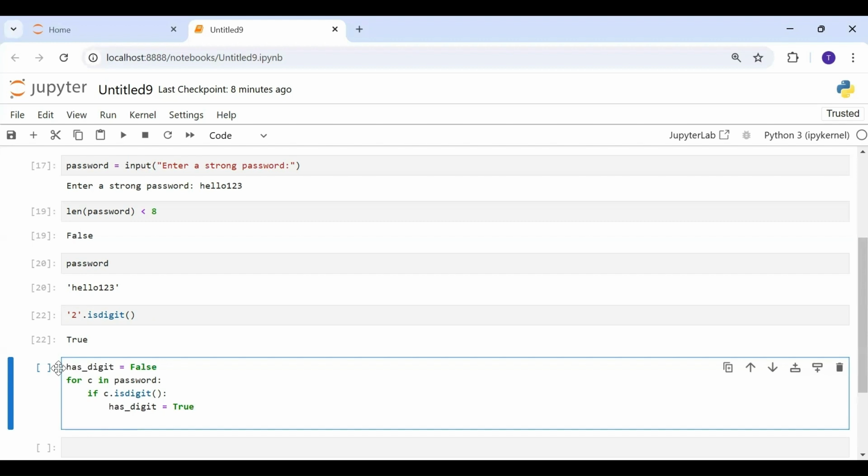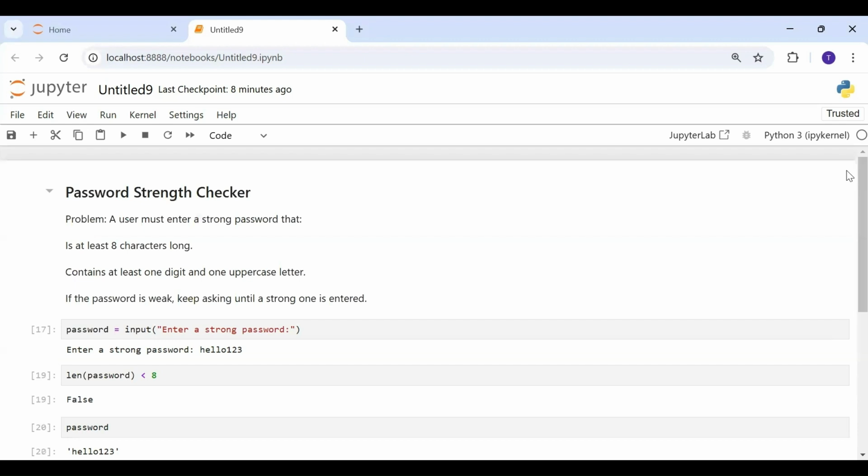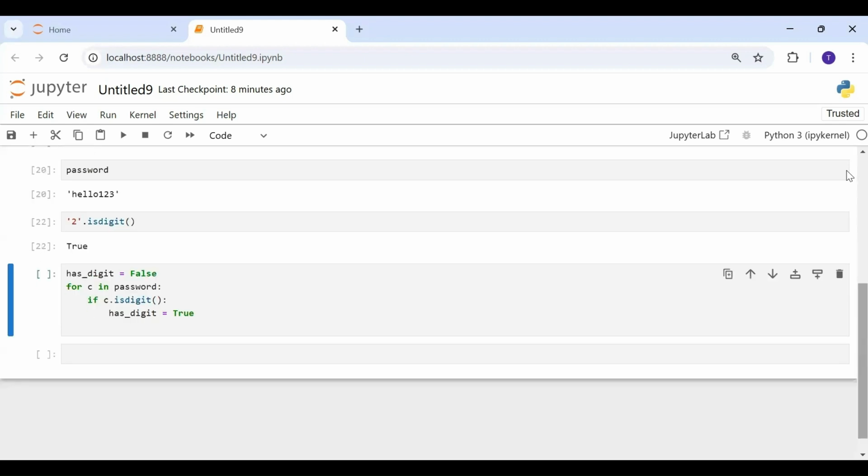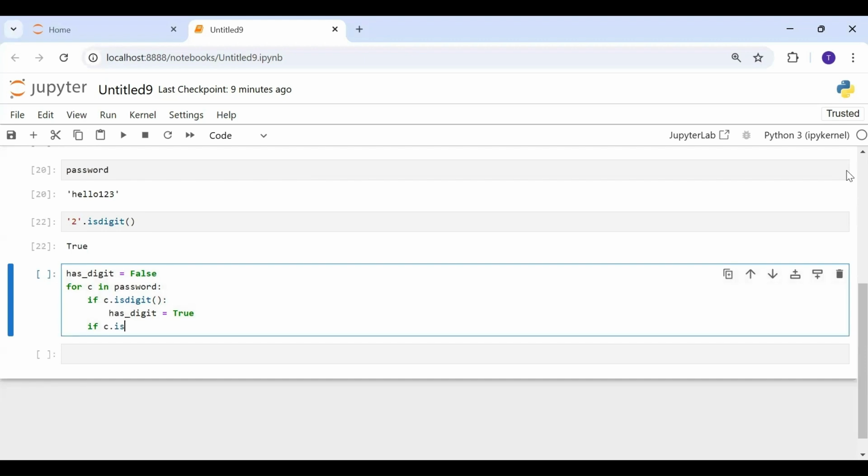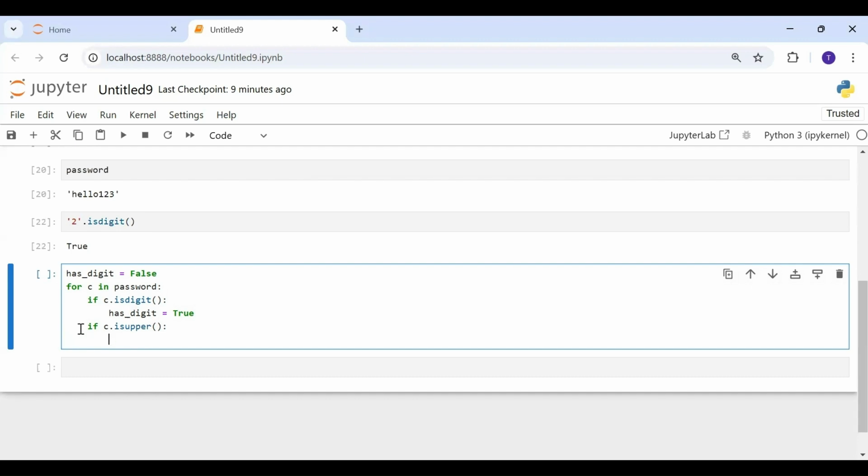Likewise, in the same for loop, you can either write a separate for loop for checking for an uppercase letter, or in the same for loop you can do it too. You can just apply an if here and check whether there is an uppercase or not. Again, you have a function for the string data type, isupper. It will give you true when you have an uppercase character in your password here. So if this is true, I'm gonna set this as,